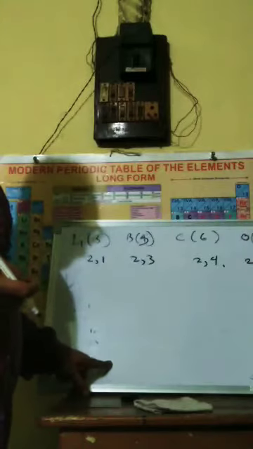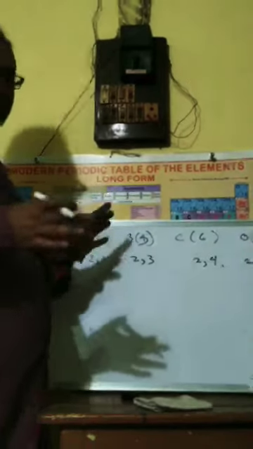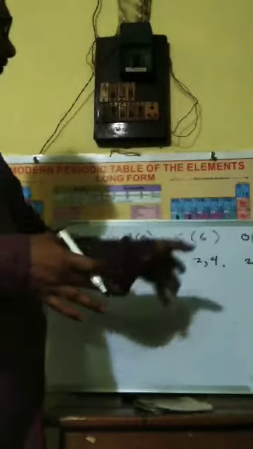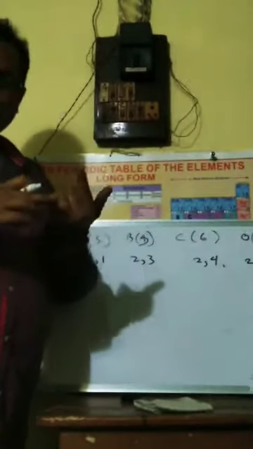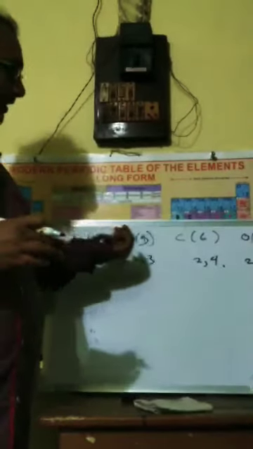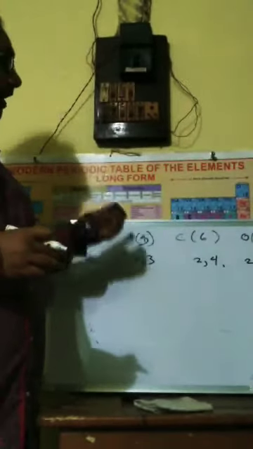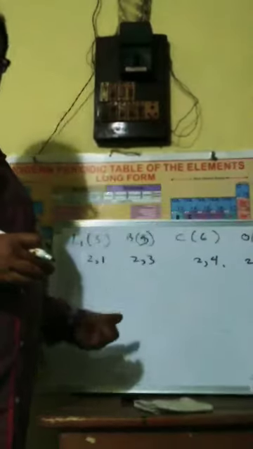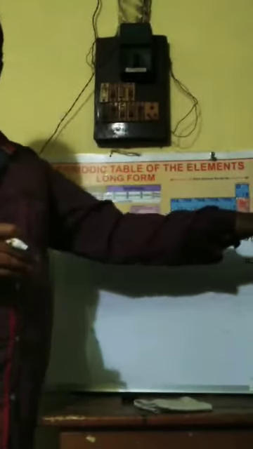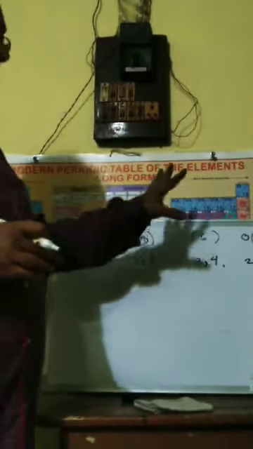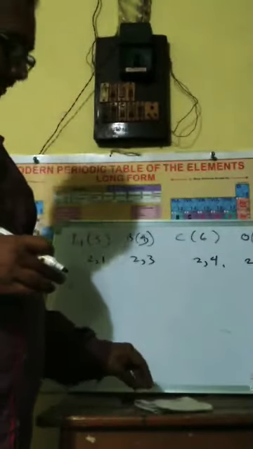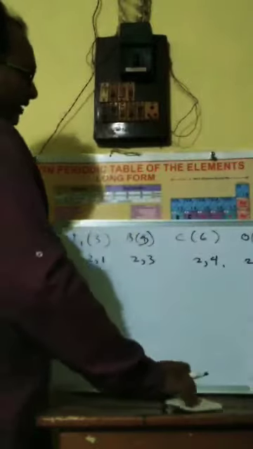So these are some basic characteristics that we should follow from the periodic table: first the atomic radius, how it behaves, how the metallic character behaves, how the electropositivity behaves, and how the electronegativity behaves in the periodic table. Clear? So these are the four concepts that we should go through in the periodic table.